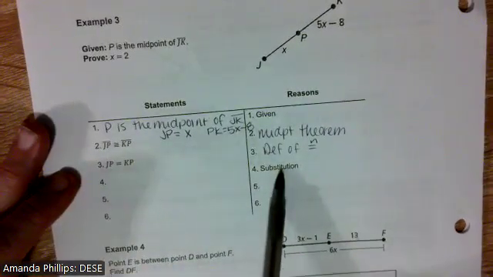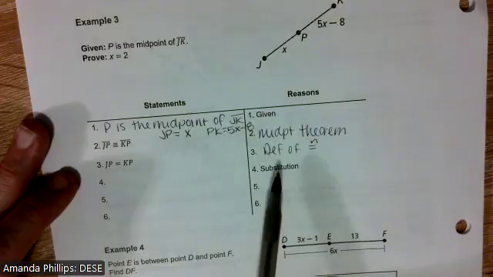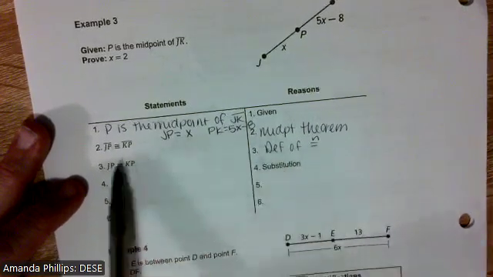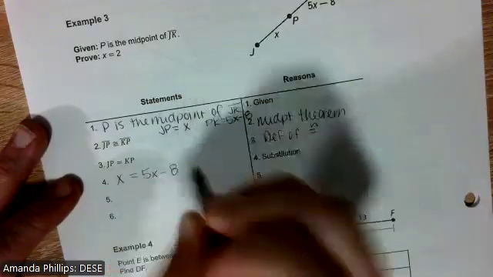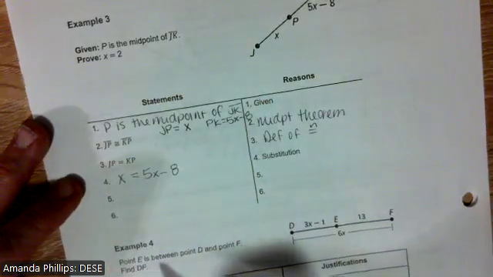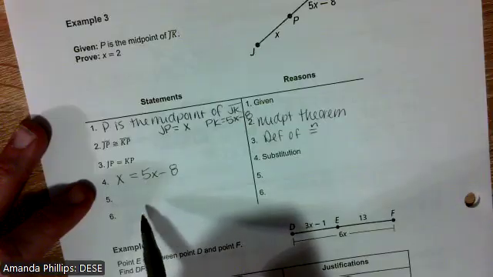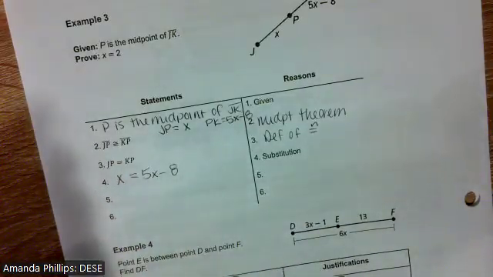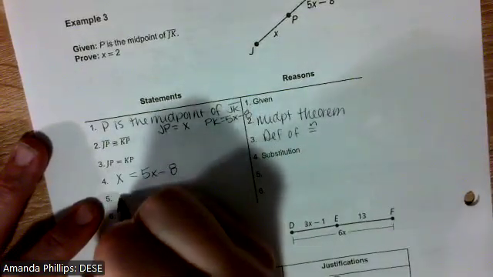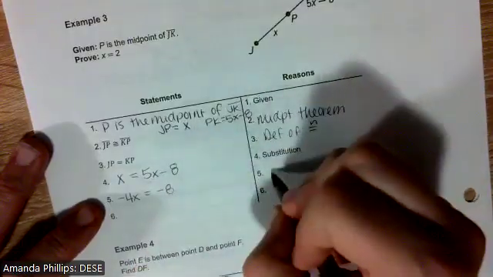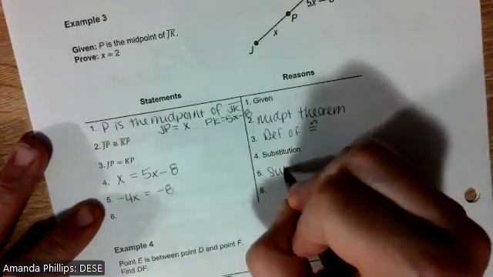It gives us a little hint, and it tells us that our reason is substitution. So let's just go ahead and substitute in. JP is x, and I know that is going to be equal to 5x minus 8 because that's what KP is. All right. Well, let's go ahead and solve it because we're trying to figure out what x is. We're going to take away the 5x, and that's going to give me negative 4x equals negative 8. So this was my subtraction